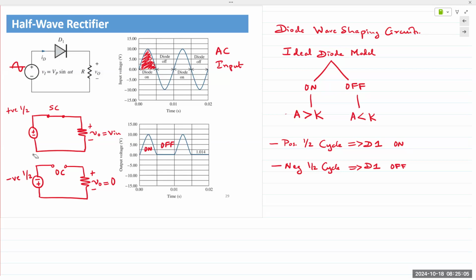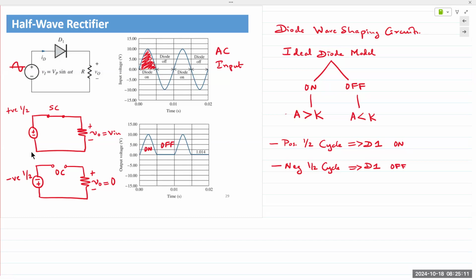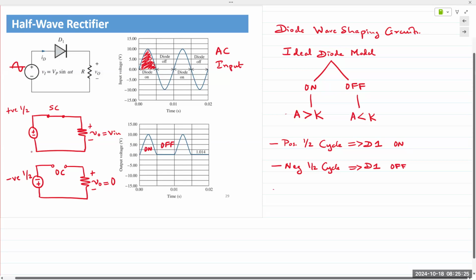And then finally, the question would be, how is this DC? Isn't it time varying? And the answer is correct. Yeah, it is time varying. So it's not fully DC, right? But it's just moving in one positive direction. So I would say it's somewhere between AC and DC. I like to call it personally a pseudo DC. But we have to think of it in terms of the average value. Okay. So the average value of this waveform